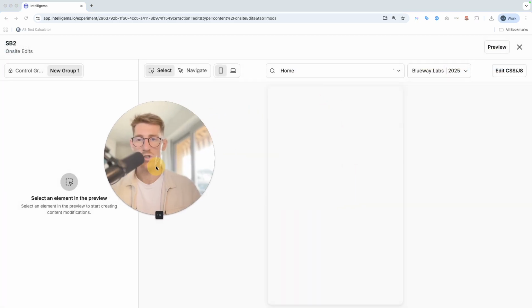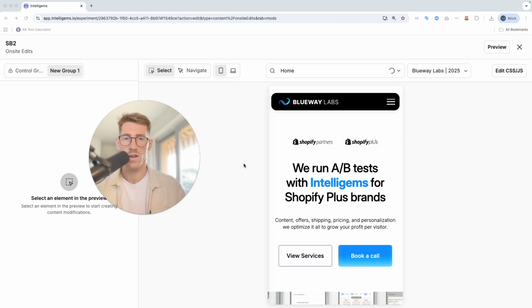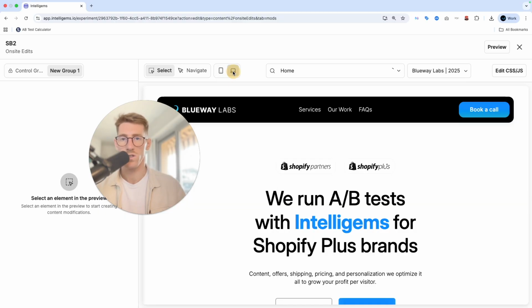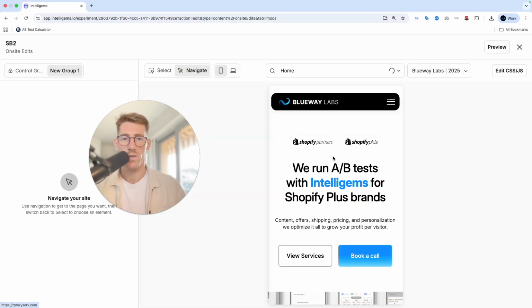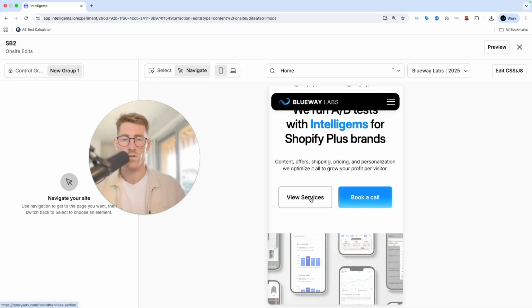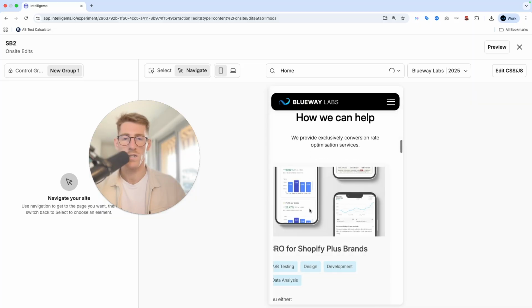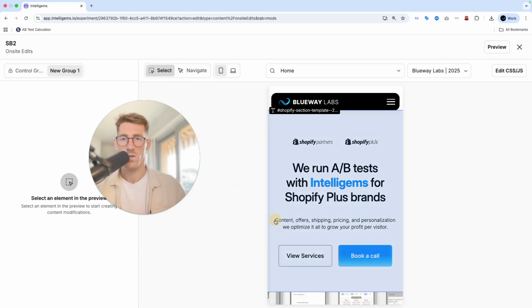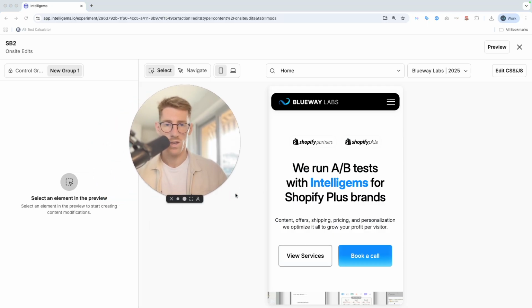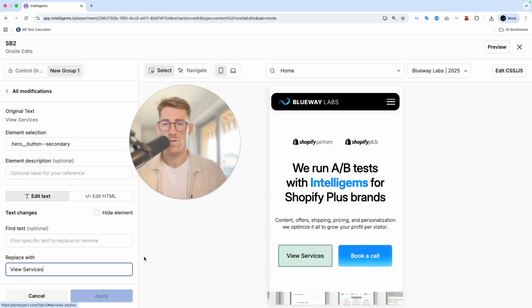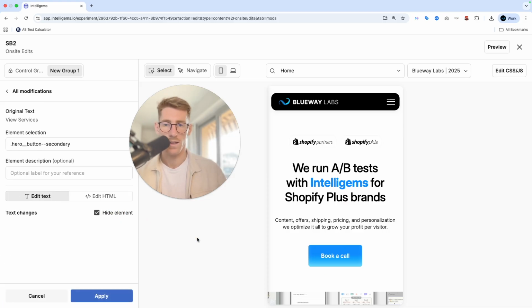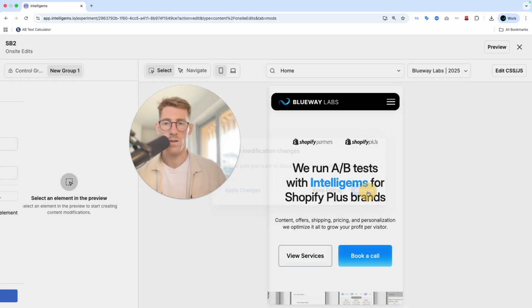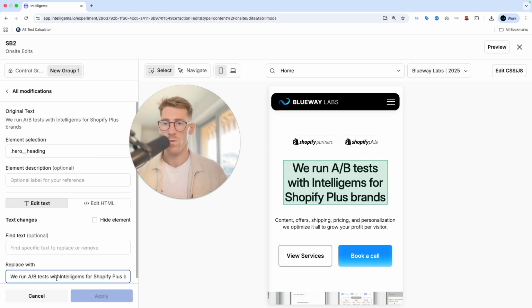And basically, it just looks like Shopify. Like you can visualize your website on desktop and mobile. You can navigate through sections and interact with the elements. And from there, you can select whichever element that you want to tweak and you want to test. For example, we could test this current version of the website against a version where we hide the secondary link like this. Or maybe I could be tweaking the headline with